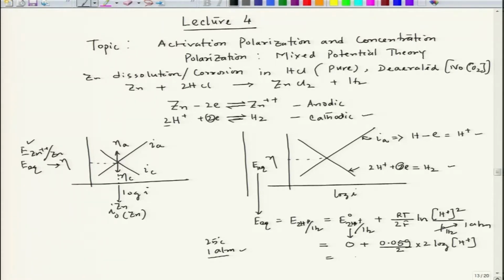This becomes minus 0.059 log of H plus, and it can be written as 0.059 pH, since we know pH equals minus log of H plus ion concentration. So, now this value will be decided by the pH of that HCl medium. So, this is the equilibrium value, and this point is nothing but I0 of hydrogen